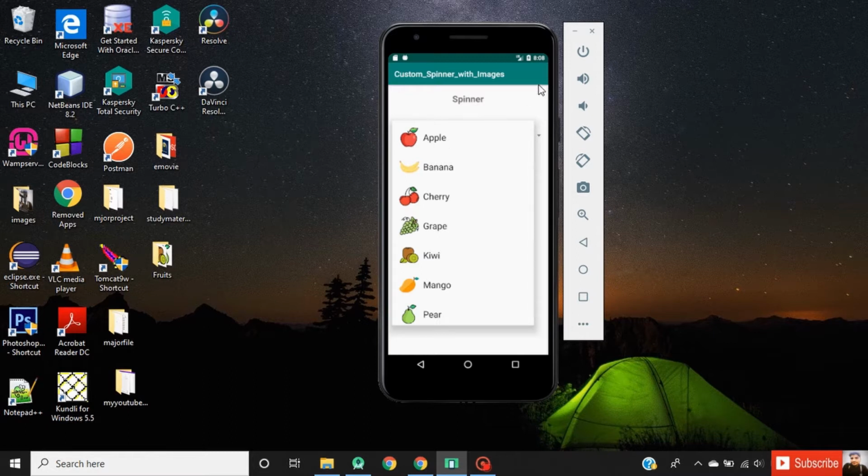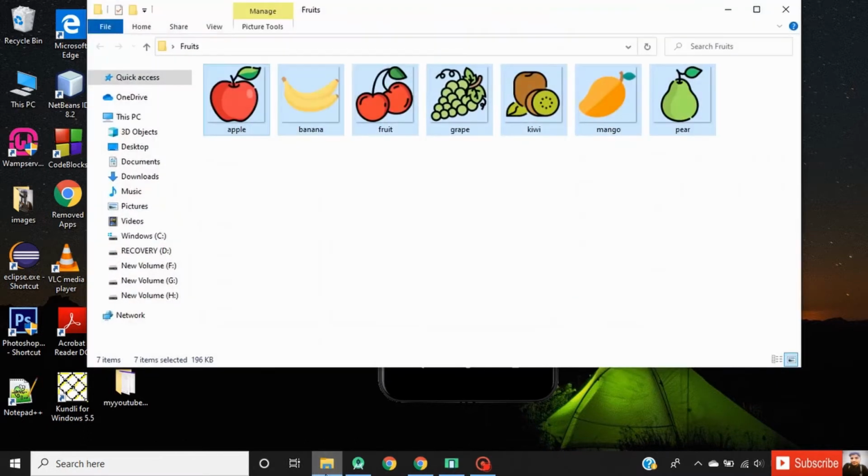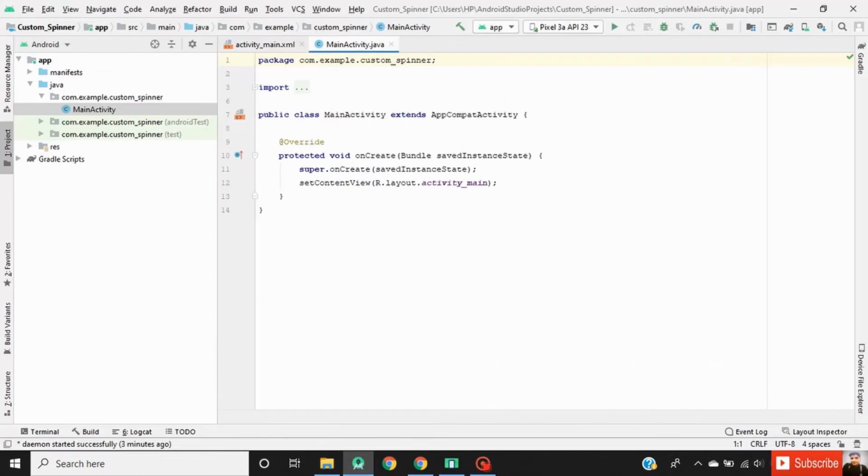First we set up the resources needed for creating a spinner similar to this one. So we need some fruit images. Here I have some fruit images available. So start a new Android Studio project.